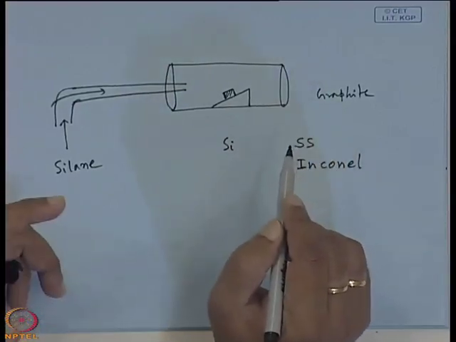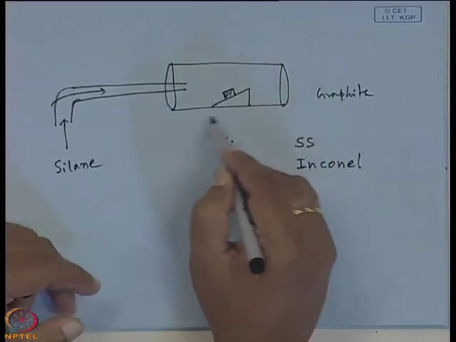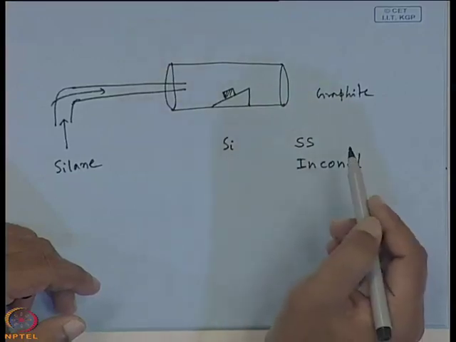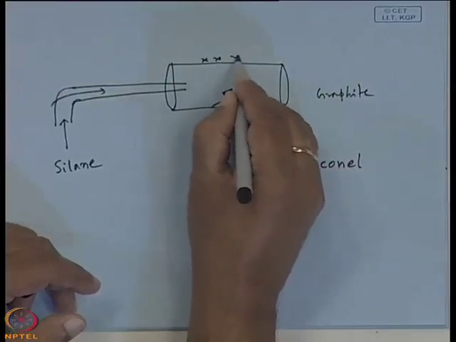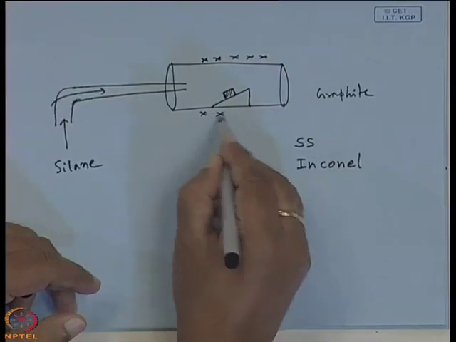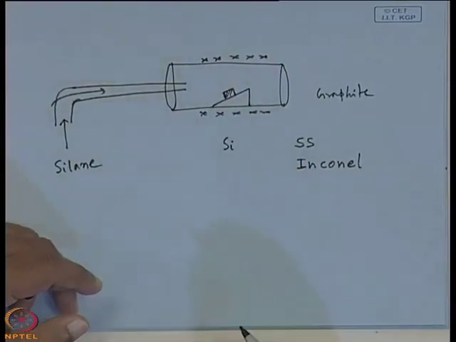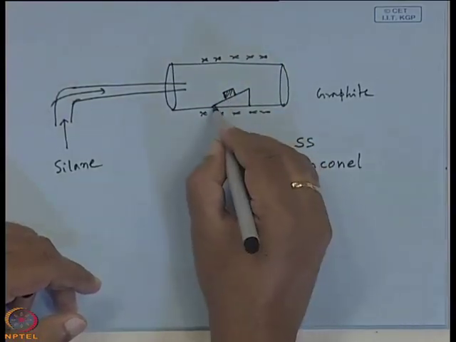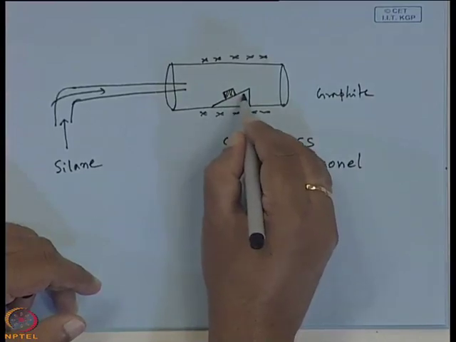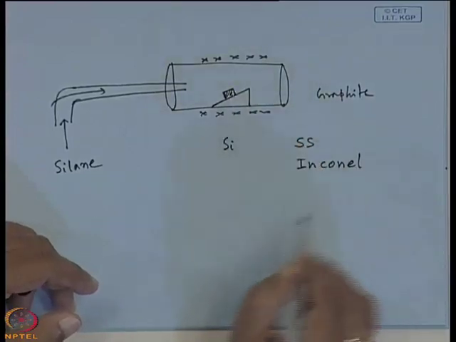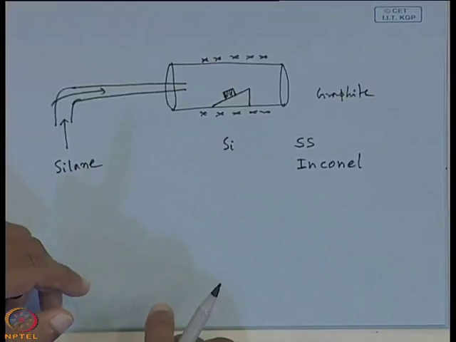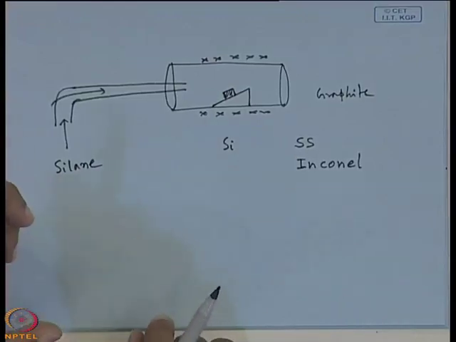Then where should be the heating elements? The heating elements will be outside the reactor chamber. We want to heat this susceptor and this substrate. Okay. That means, it is better if you can heat it locally. Why? Why the local heating is recommended?